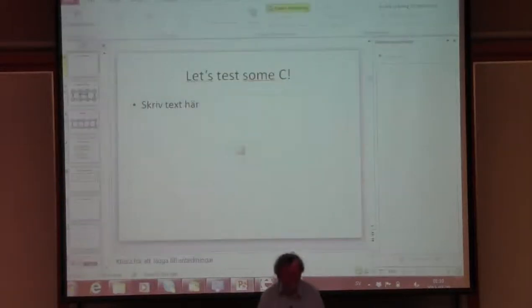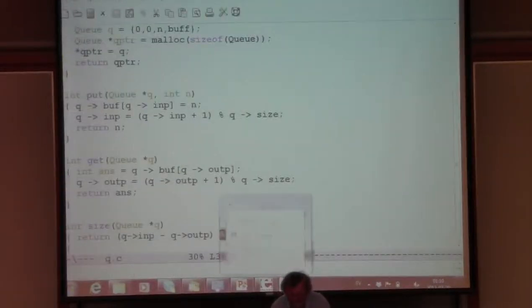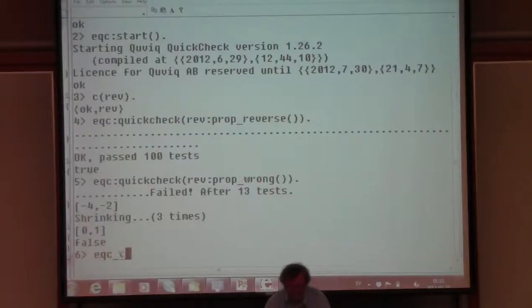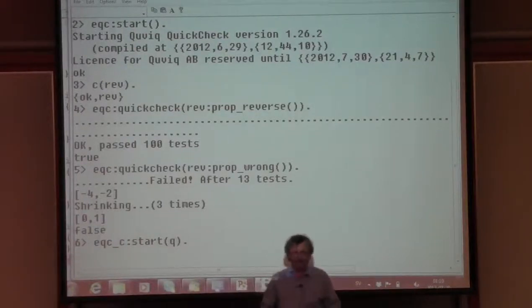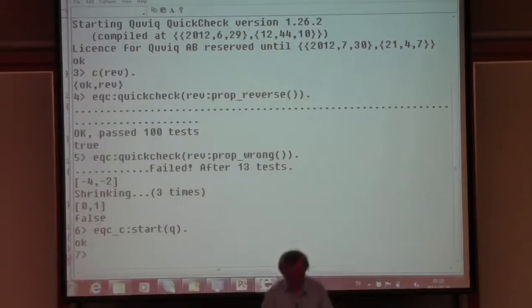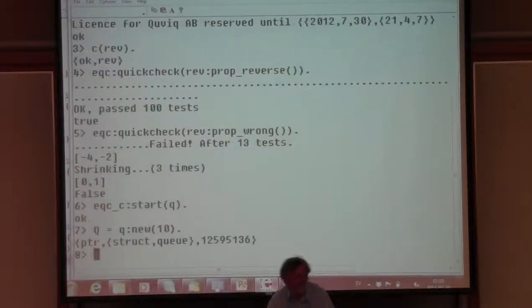Let me just switch back to my Erlang shell. We can test it because we've made a tool for use in Erlang that can take C code and it compiles it and it makes it directly callable from Erlang. So that I can now create a queue of size 10, for example, and I get back a representation in Erlang of the C value. So I've got a pointer to a struct and at that address. And then I can